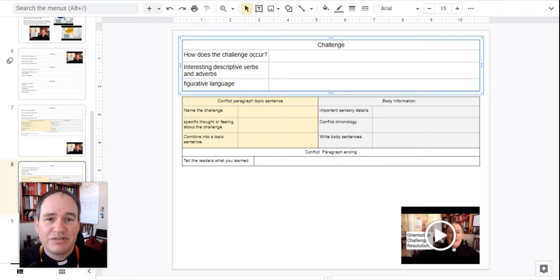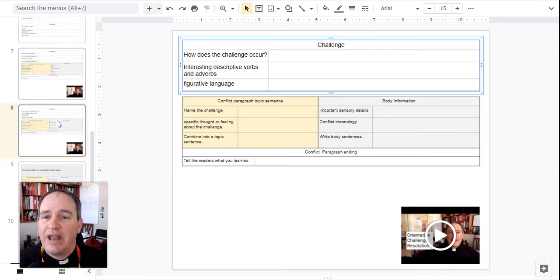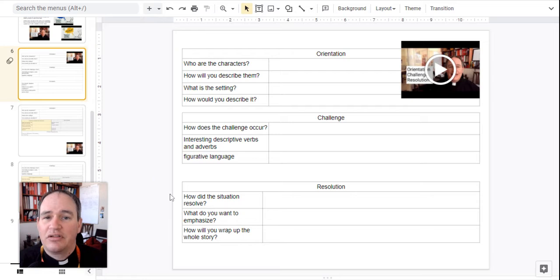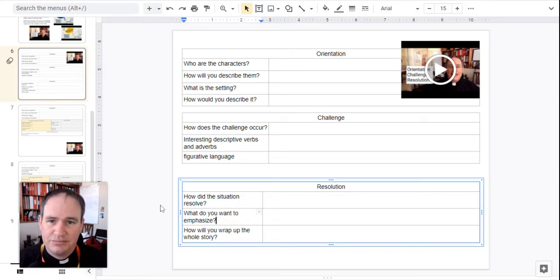For the body information, what are the important details, the chronology, how does it happen? Write your body sentences. Then, give me, how does it conclude? What do you want the readers to learn, or what did you learn in this challenge? Right? And the thing you were trying to show me is that you've experienced a time of freedom from attachment or indifference. Then, again, back up to 6, grab the resolution,